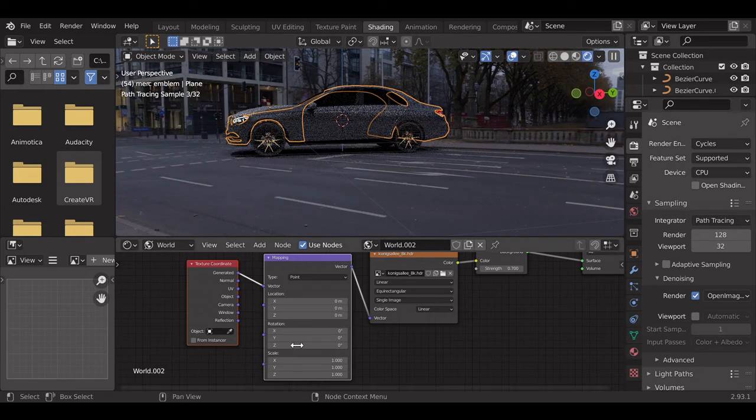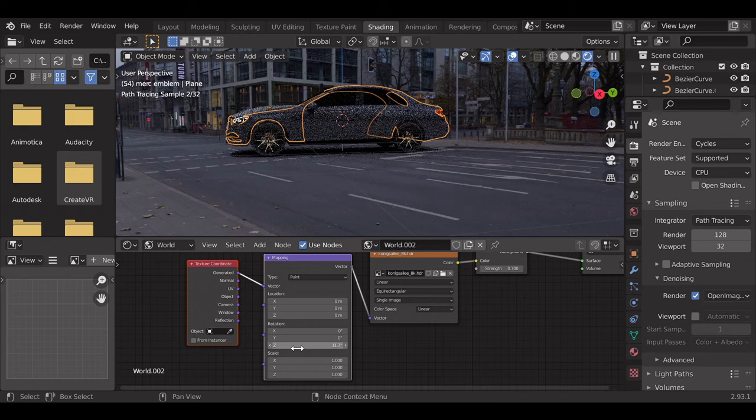Now I'm going to rotate the HDRI and place the car wherever I want. I've selected the direction of the car which I want to see, but the location on the HDRI map is not where I want it to be. So I'm just going to place it by rotating the HDRI itself, placing the car in the position where I want it to be.